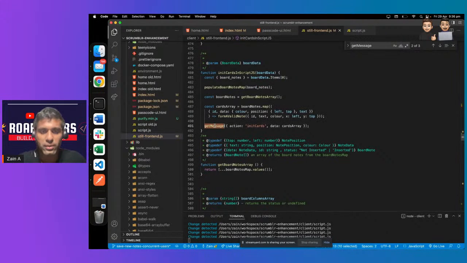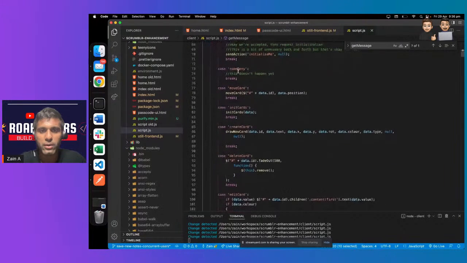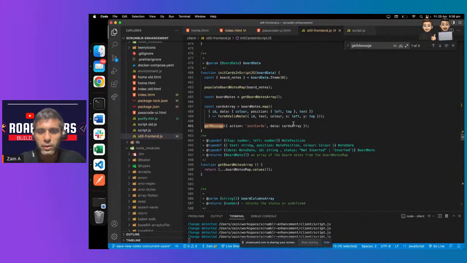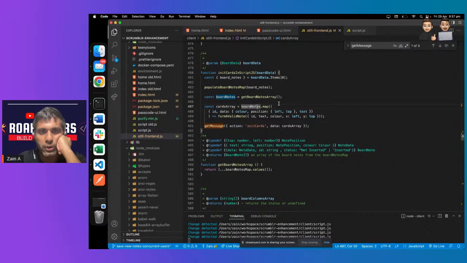So if we take this one, what that's basically doing is calling this init card, and hence this gets fired off, and then the data would be the cards array, which would be here. Okay, so when the card comes from the script when WebSocket,